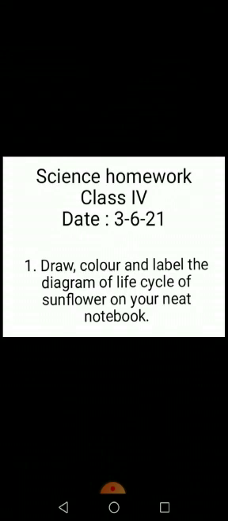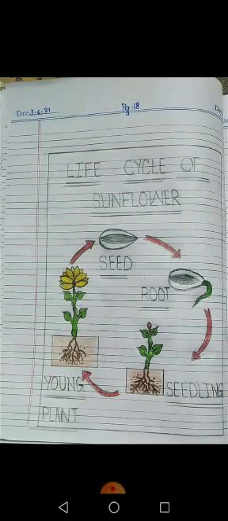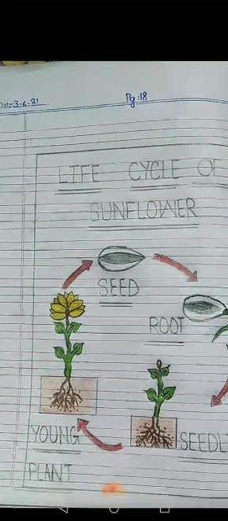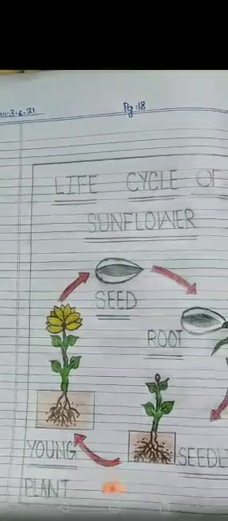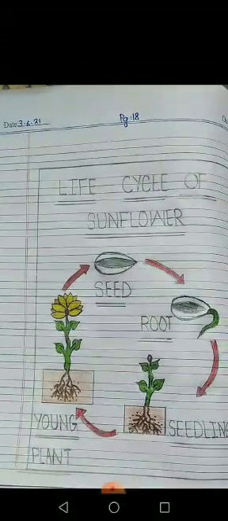Dear students, as I have told you in the previous lecture, you have to write the heading of question number 5, then write the question properly, and on the next page make a frame, and in this frame make the diagram of the life cycle of a sunflower. First give the heading of life cycle of sunflower, then make this diagram. Okay,